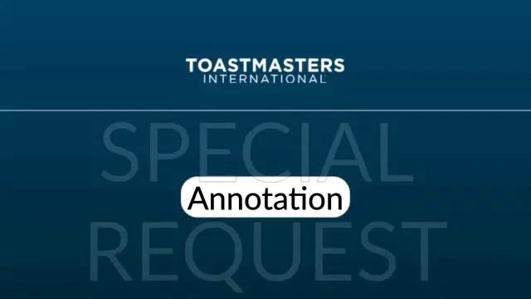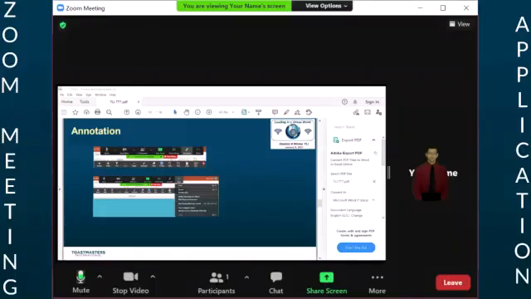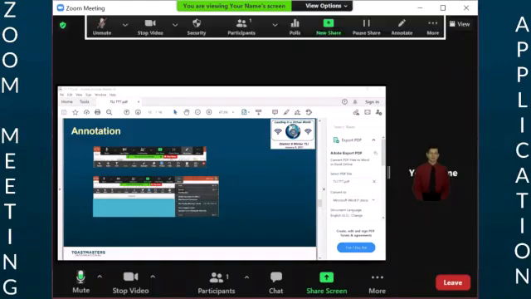Special request: annotation. While someone else is screen sharing, you can interact with their shared document. In this case, it's a presentation on how to annotate. To use the Annotate tool, click on the Annotate tool, which is on the top of the Zoom window. Now, if this was a real Zoom window, it would actually be above the You Are Viewing screen and view options. However, I wanted to make it easier for you to see. Then we're going to click on the Annotate tool,